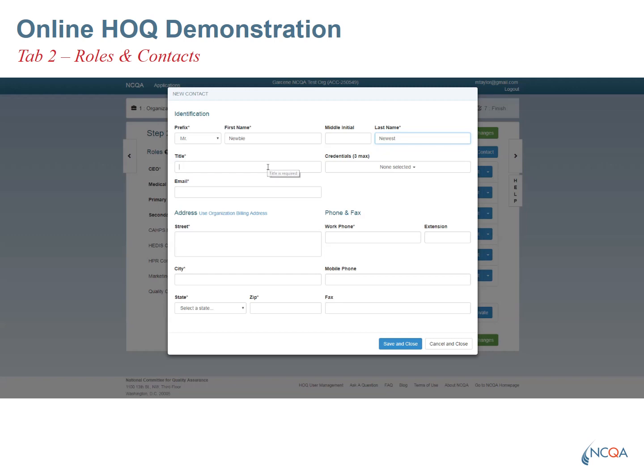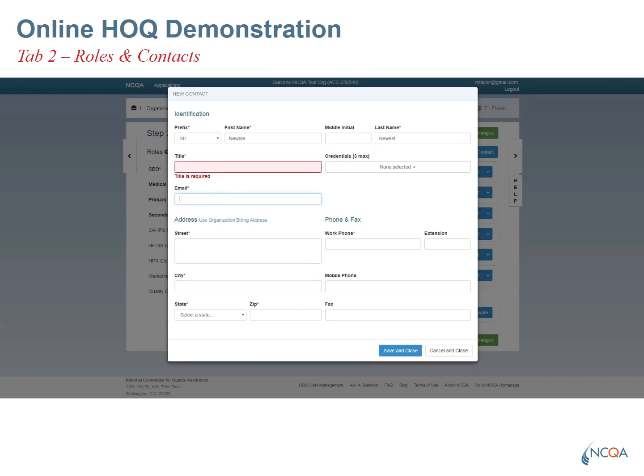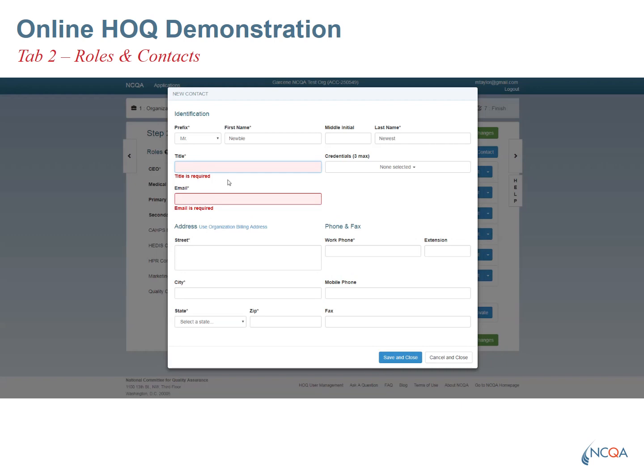And their title, and as you can see, things that are required have a little star beside them. If I was to try to not fill that out, you would get the instant error message and know that you need to complete that. So title is